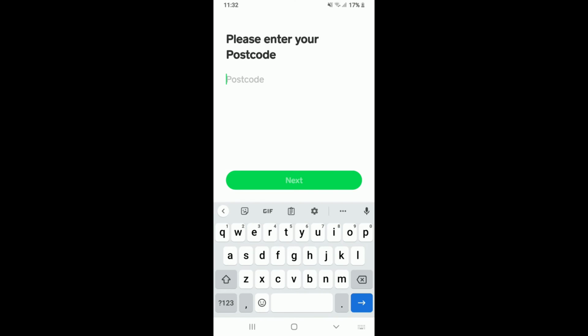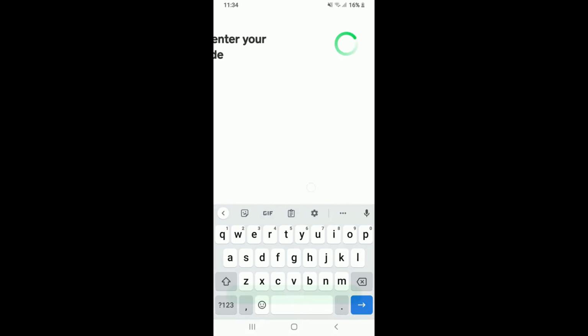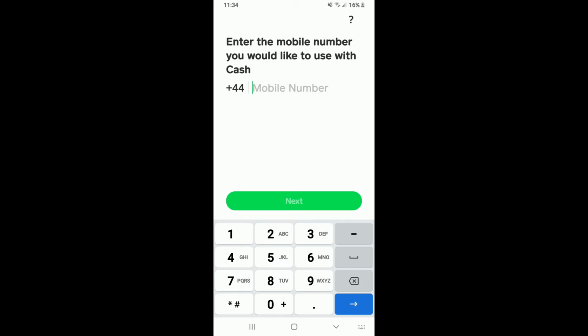On the next page, enter your postcode into the text box. Once you enter your postcode, tap next. On the next page, enter your mobile number that you'd like to use with Cash App and tap on the next button again. Enter the code that has been sent to the mobile number that you just entered and tap